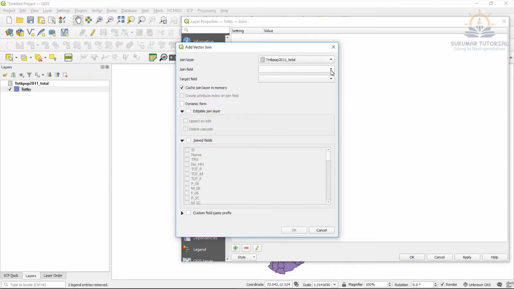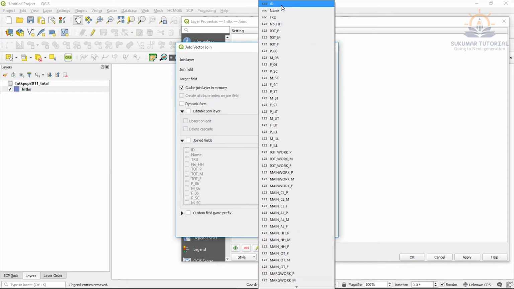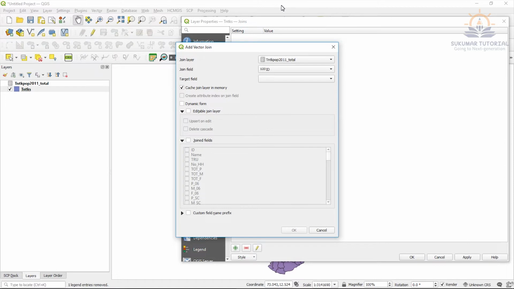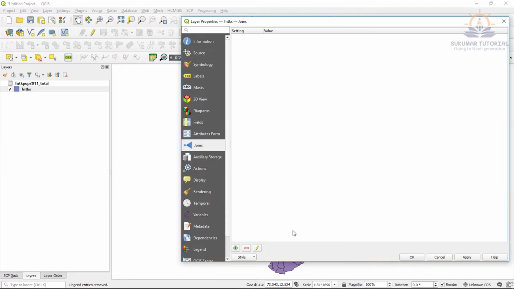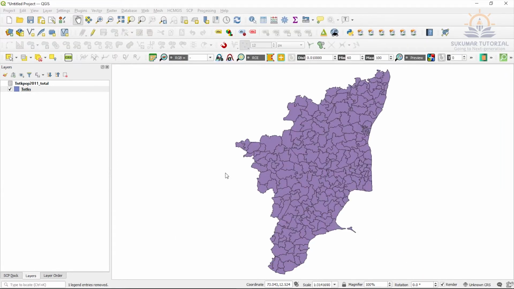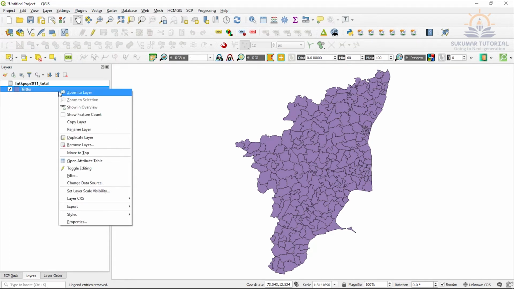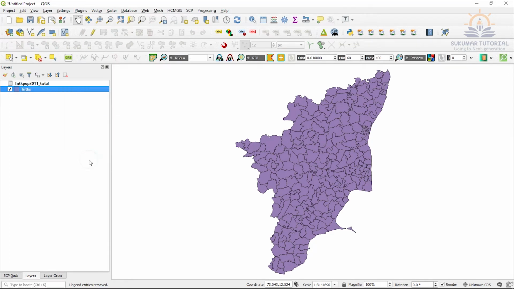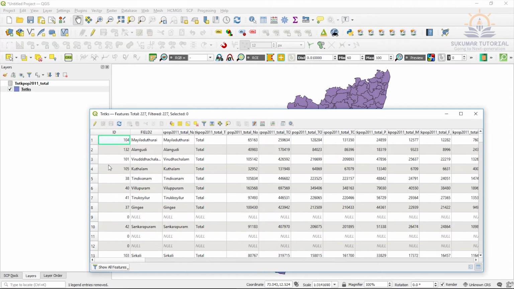Then you have to link common fields. So the join field is ID in the population, I highlighted. In the map also I have two fields, the common one is ID. So I highlighted the common field ID, then say OK. Then apply. Say OK. Now you go to Tamil Nadu Taluks, right click it, go to open attribute table.